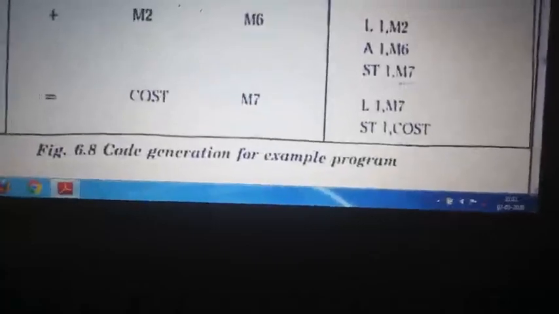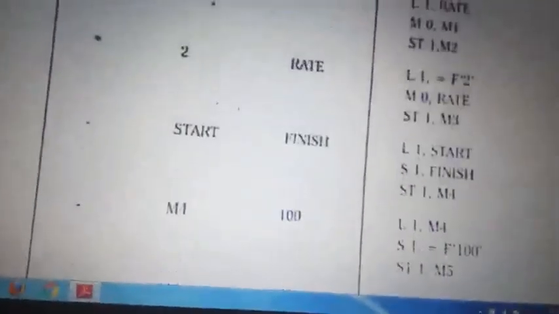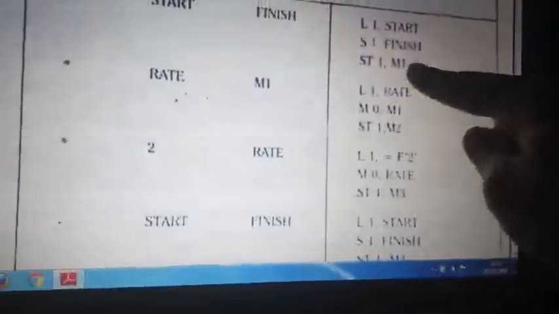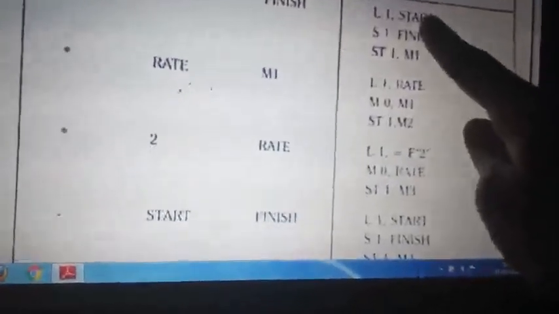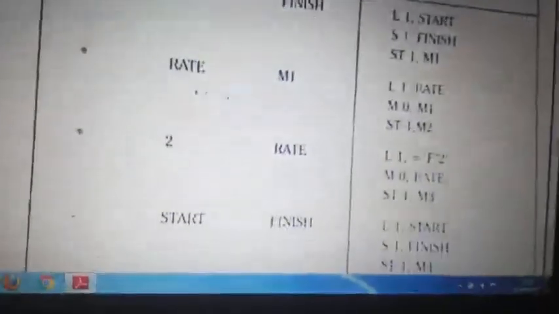So this is how code is generated. Code generation: you can see that you generated a code, but here line number 1 as well as line number 4 are the same. Instead of doing the same three lines again, using four locations, the same set of statements is performing the same task, right? Only the line number is changed.